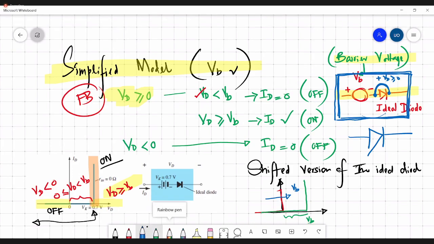So now these are the two nodes of the original diode. This is node A, this is node B. I'm replacing this real diode, which is connected in between node A and node B, with this ideal diode plus a series voltage source. Now the first scenario, your VD is less than VB. So then what happens? The voltage across these two terminals